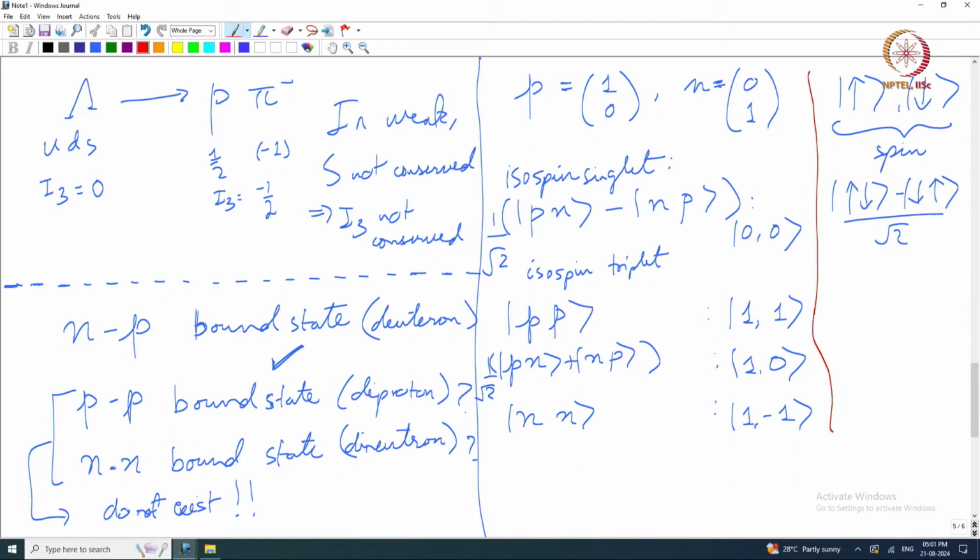So, how does this tell you why there are no PP and NN bound states? For that we need to go back and understand what a bound state is. A bound state is one where the total potential energy of the state is negative. In other words, you need to put in some amount of energy to isolate the constituents of the bound state all the way to infinity. What is that energy called? It is the binding energy. So, I need the total potential energy to be negative.